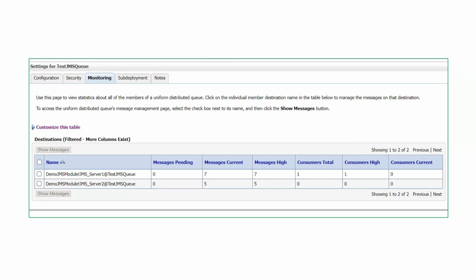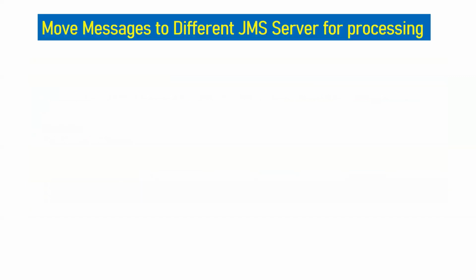Okay, and that is the reason it is different in comparison with the previous screen. But now you can only focus on the JMS queue second, because I have sent the messages in JMS server 2. Right, so it is showing the count for JMS server 2 now as well. So this is how we can create a JMS distributed queue, and then how we can send the messages